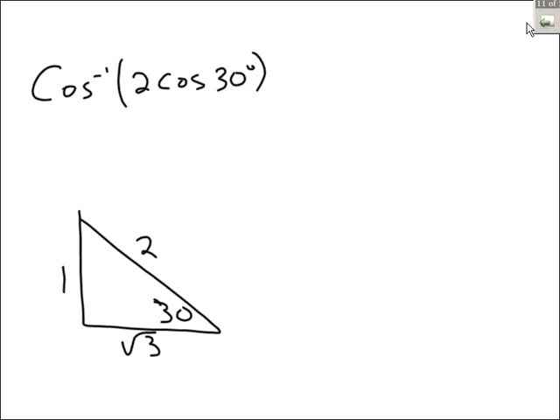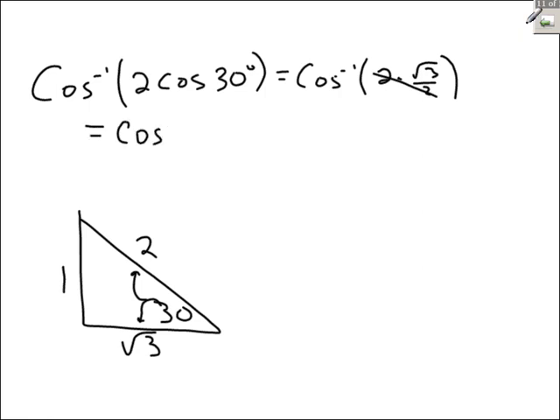Cosine is adjacent over hypotenuse, so the cosine of 30 degrees is square root of 3 over 2. Coincidentally, the 2's cancel, so we're left with the cosine inverse of the square root of